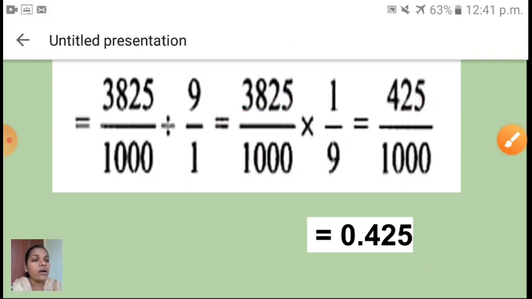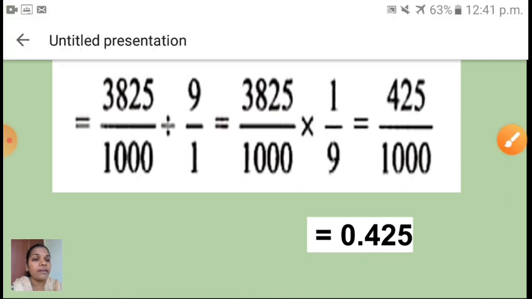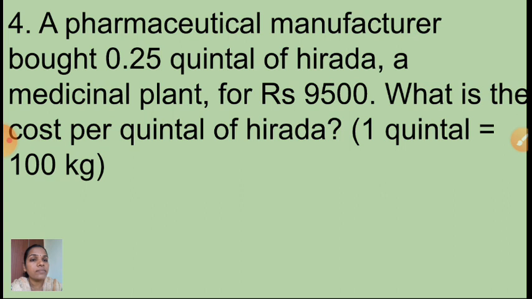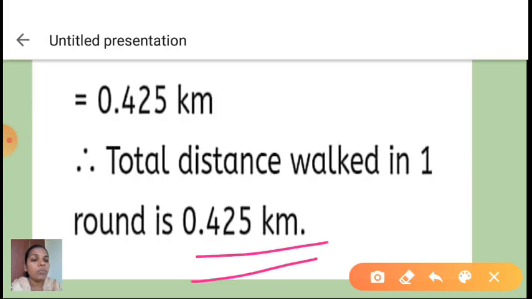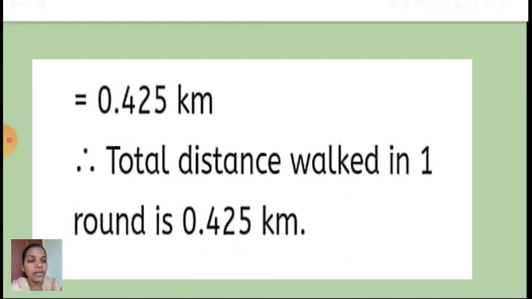Okay children, now you have to say here, yes, 0.425. Understood now? This is your answer. See here, final answer I have given here. Your answer is what? 0.425 kilometer. So the answer is total distance walked in one round is equal to 0.425 kilometer. I hope you understood this one. Next one is, yes,